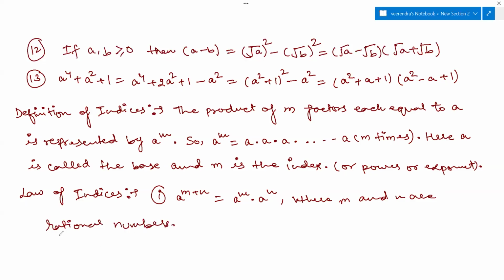Okay. Second is a power minus m. This can be written as 1 by a power m, but the condition is a should not be equal to 0, provided a is not equal to 0. If a equals 0, the right hand side will not be defined, so a should not be equal to 0. Next is